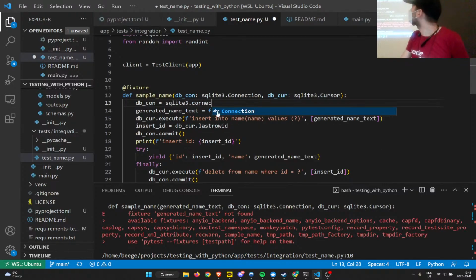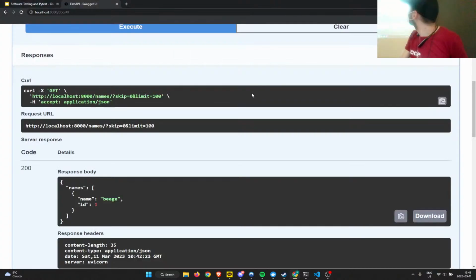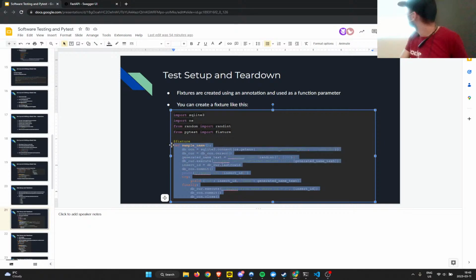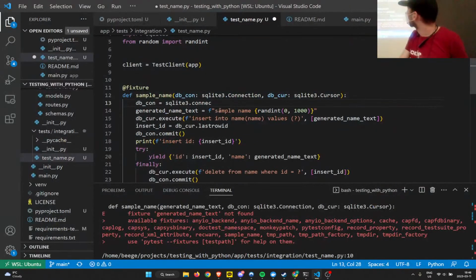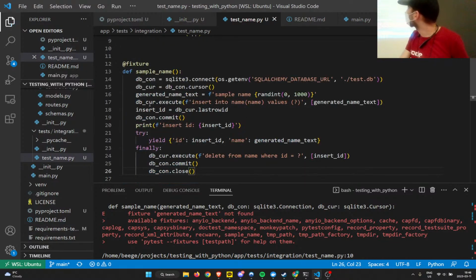You know what? How about this? Or can we just get it from the app? Can we just import it? No, let's just do this. It's easier. Okay, so I just copied this from the presentation.